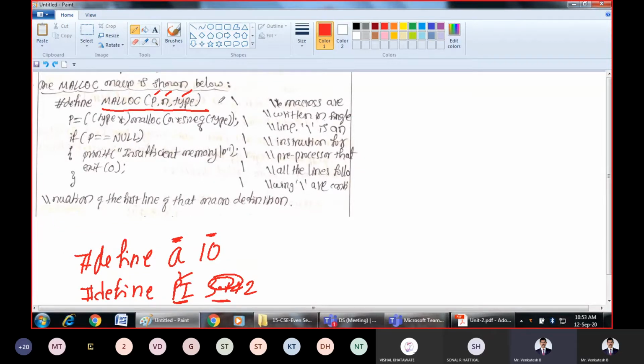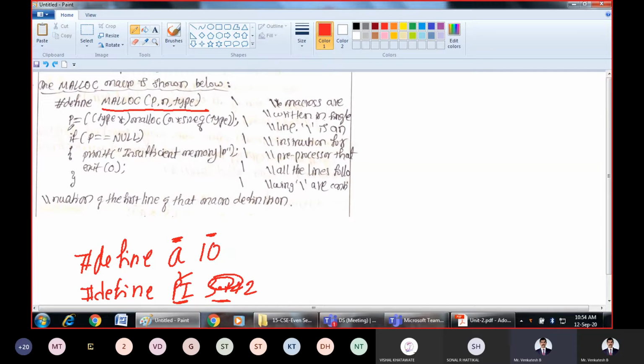They are part of this single line itself. To refer to that, we are using the slash.